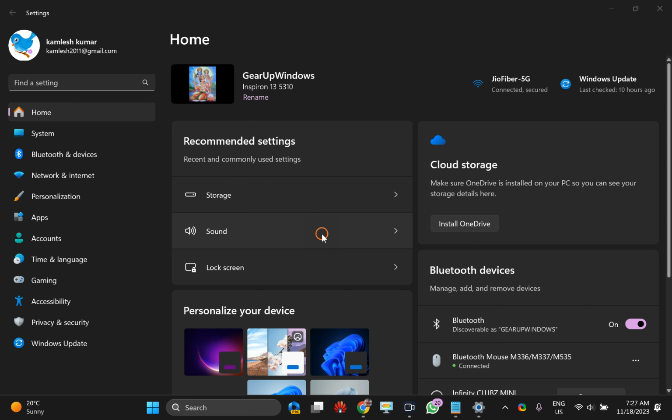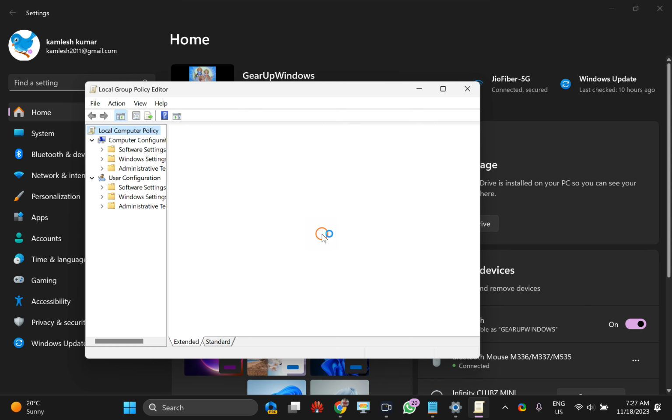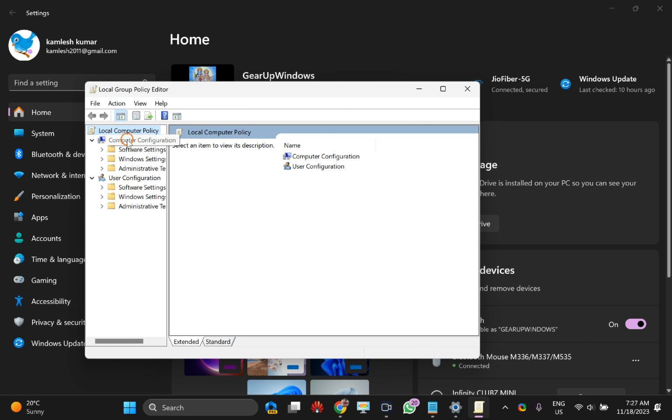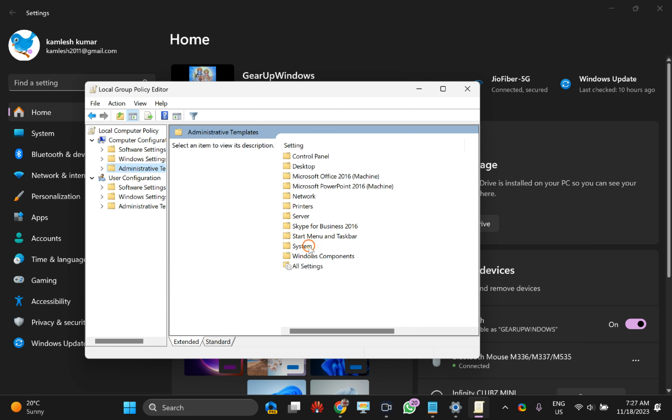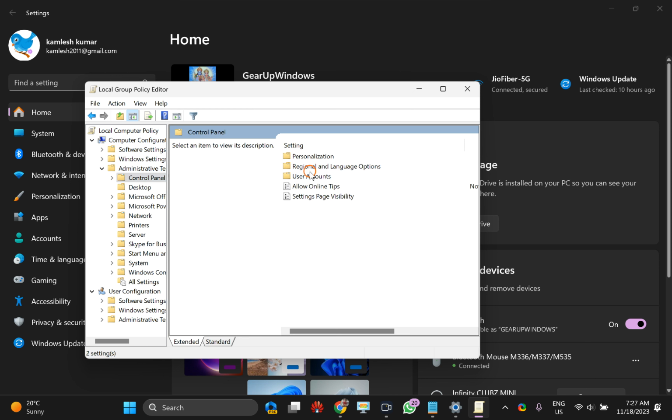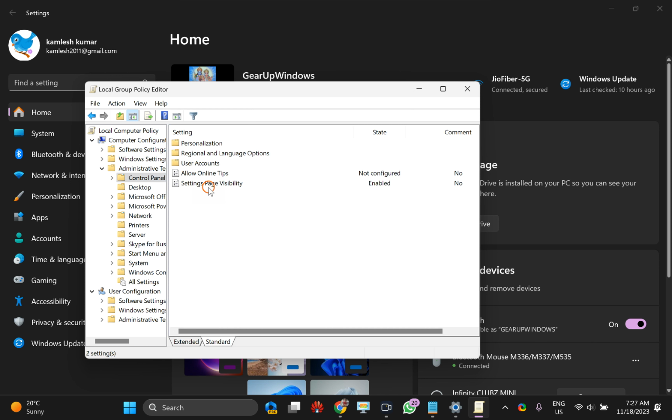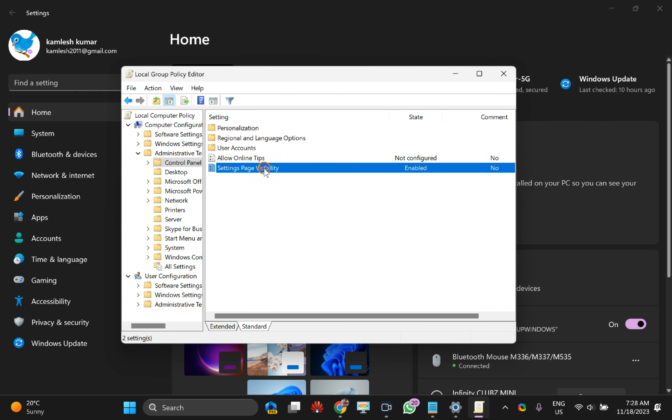Once Group Policy Editor opens on your computer, go to Computer Configuration, then Administrative Templates, and here you should find Control Panel. Double click on this one. Here you will find a setting named Settings Page Visibility. Double click on this one.